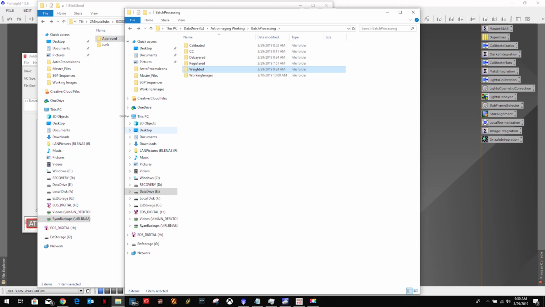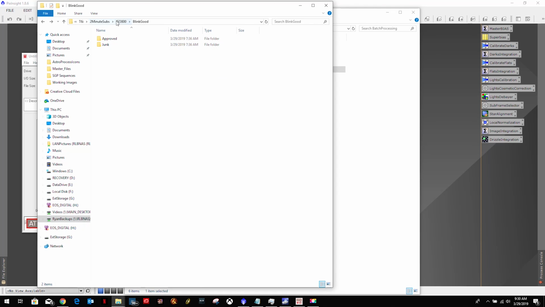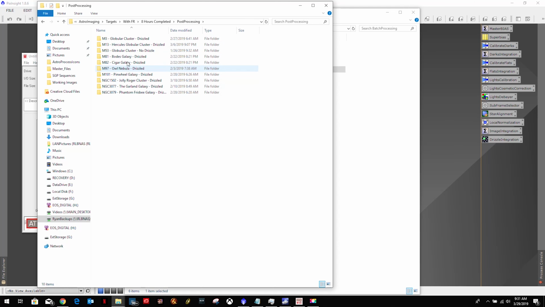Now, if we go back over here, let me back up real quick, and 8 hours completed. In my pre-processing, you can see I've only got two targets in there right now. Well, I have completed all of these targets up to the point where I've drizzled, or in one case I didn't drizzle the data. All of these were done, and I was trying to use my NAS,